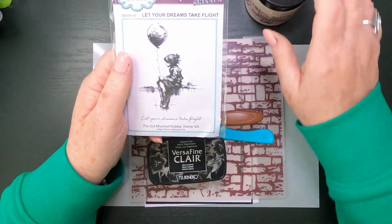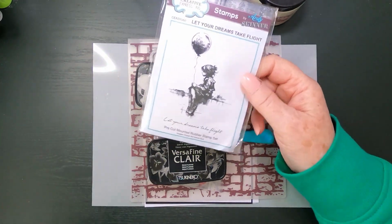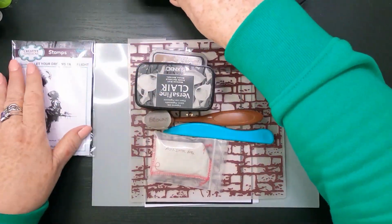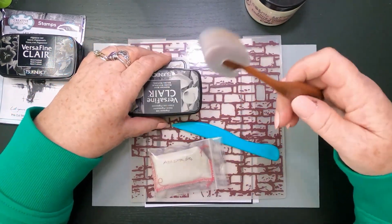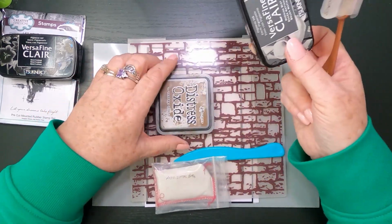crystals, because stamping on vellum, whatever ink you use, it takes a long time to dry. So I'm going to be using my VersaFine Black for stamping. I'm going to use this brick wall embossing folder to emboss a wall effect, and I'm going to do my